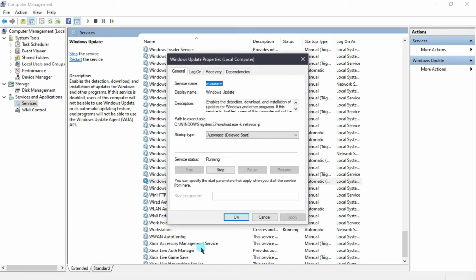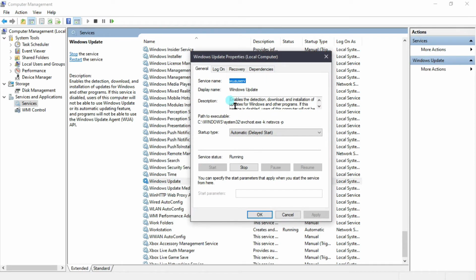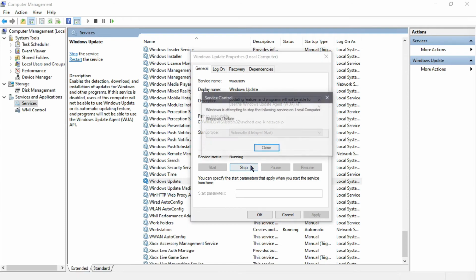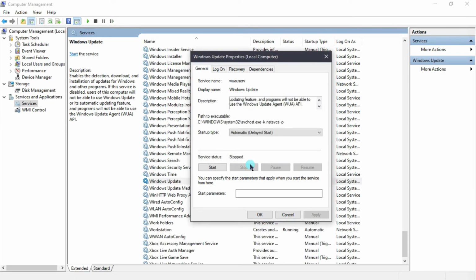So what happens? Our Windows updates automatically. Again you can read the description here. It enables the detection, download and installation of updates for Windows and other programs. If this service is disabled, Windows Update will not be able to download. So again you have to stop this service, wait for a while, and after that disable it.